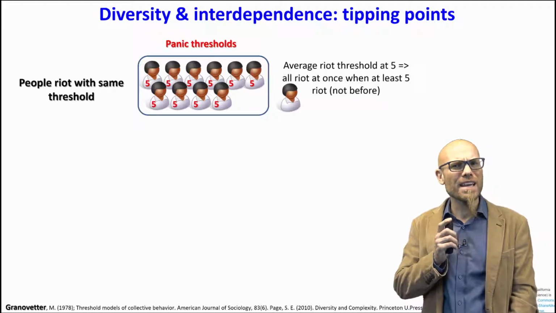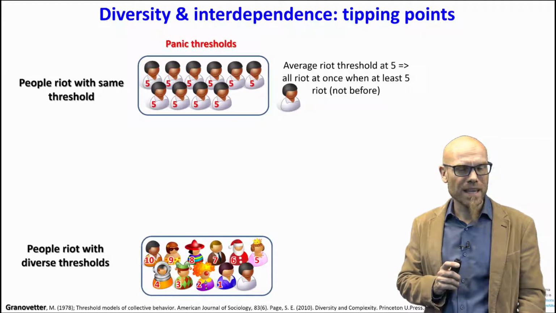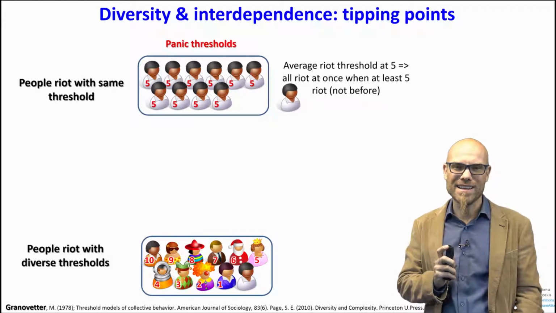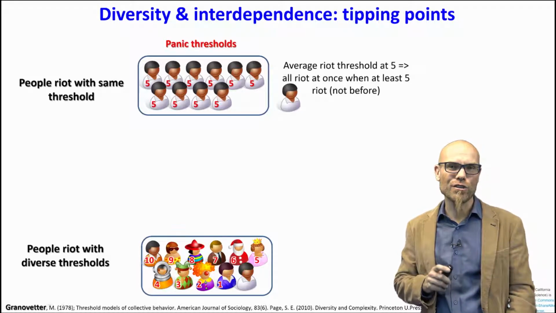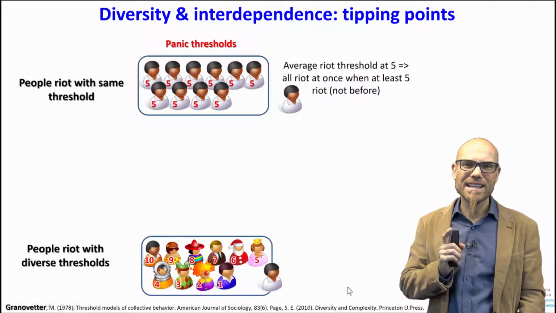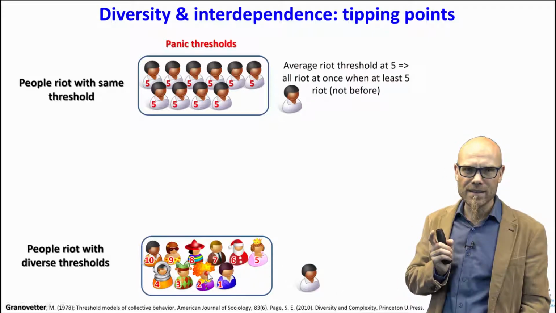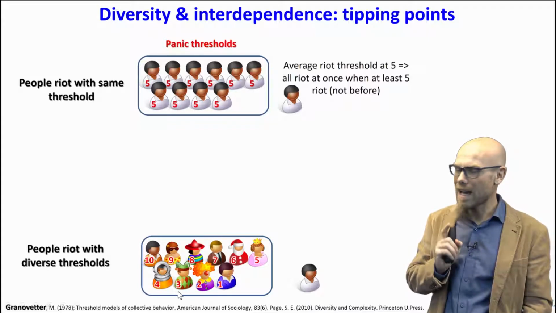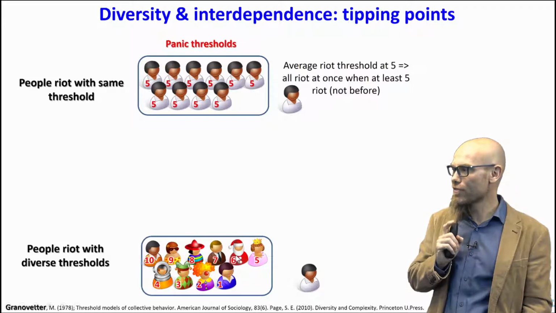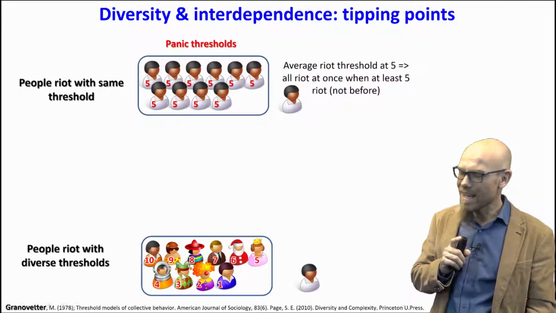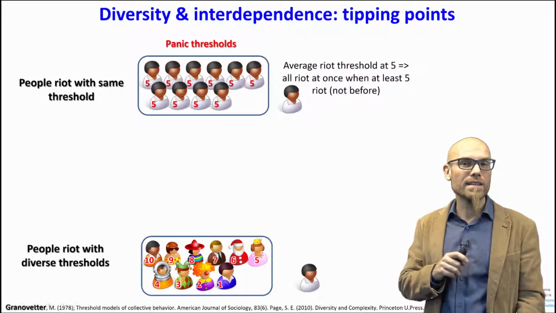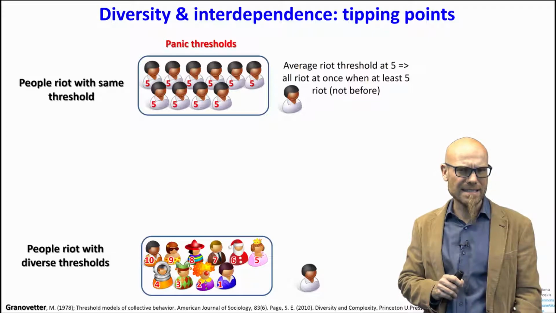What if you bring in some agent-based diversity? Now we bring in maximal agent-based diversity. Everybody is different. Everybody has a different rioting or panicking threshold. So the first one leaves of our 11, and then the second one has a panicking threshold of 1. Then the third one, the clown, of 2. The Jasper of 3, the astronaut of 4, the princess 5, the Nicholas 6, and so forth. You keep on going, and each one has a consecutively higher rioting threshold. What would happen in this case?